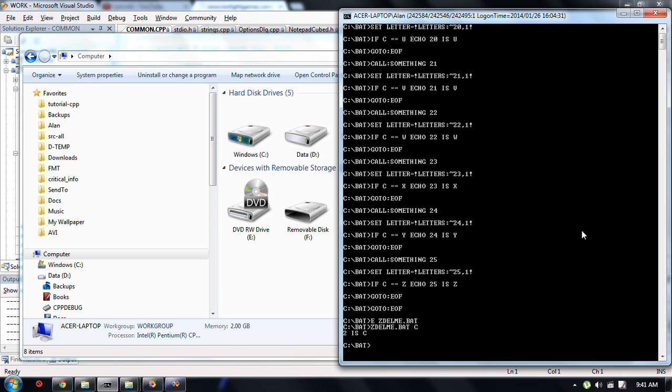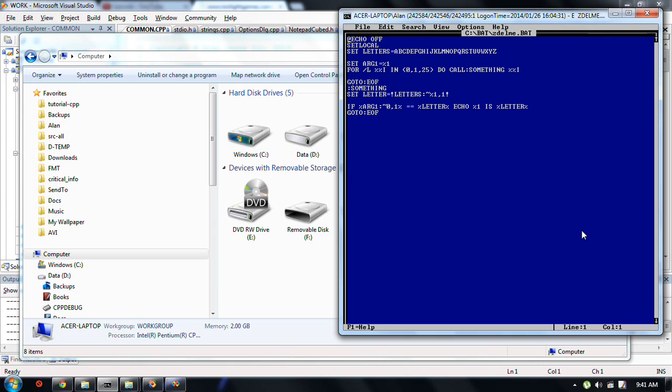Okay, so it worked. Just didn't print it out very well. It's not %1, it's